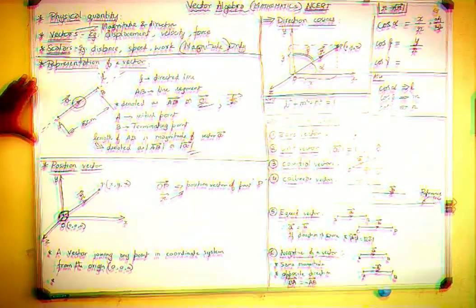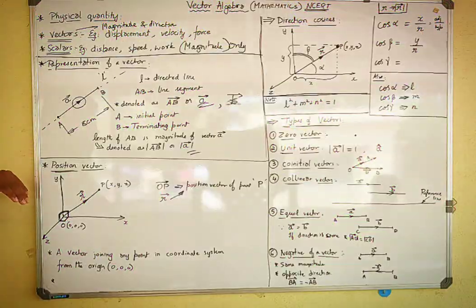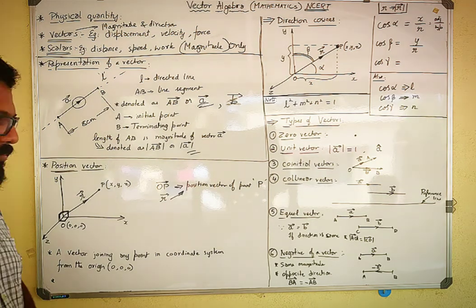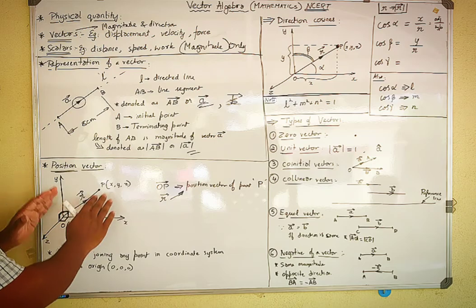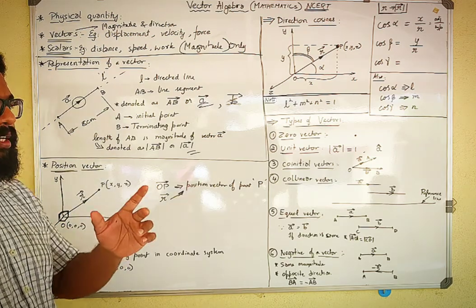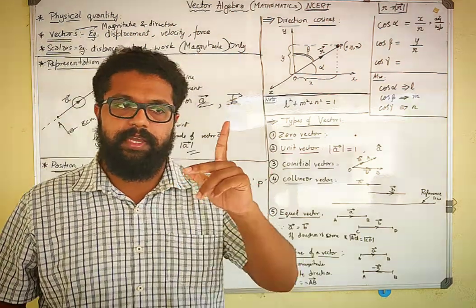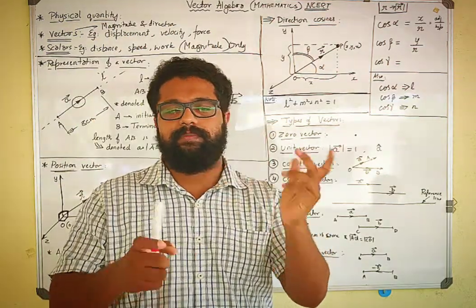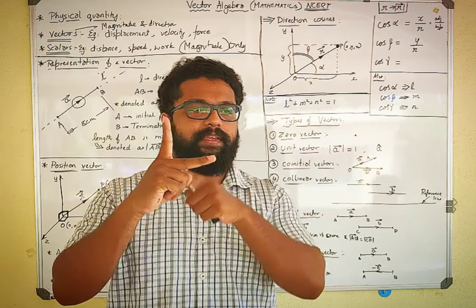So after this representation of image vector, we'll go for the position vector. So position vector, in order to understand this diagram, we need to understand the Cartesian coordinate geometry system. That is, only x and y coordinates we have studied before. Only x and y. Like suppose if I tell this is x and this is y, like this.